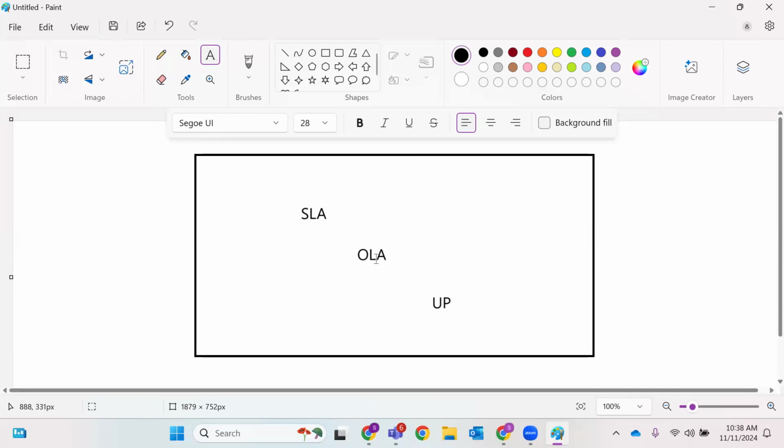Operation level agreements. What is this UP? That is nothing but a set of norms or conditions between you and your underpinning contracts. That means any third party or contract based companies give us the rules, and we follow those under UP. Is it clear? SLA, OLA, UP. SLAs are between the service provider and the client. OLAs are between internal teams. UPs are between the service provider and the contract companies. If you confirm me,